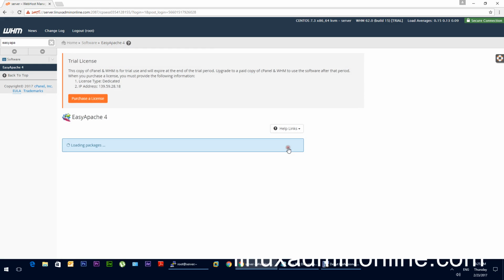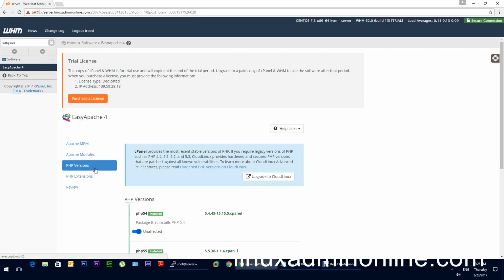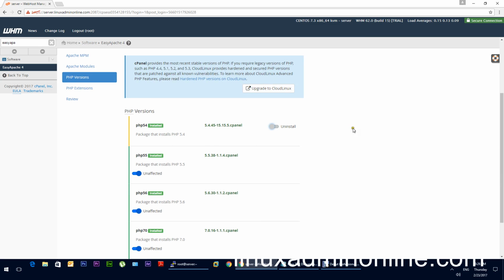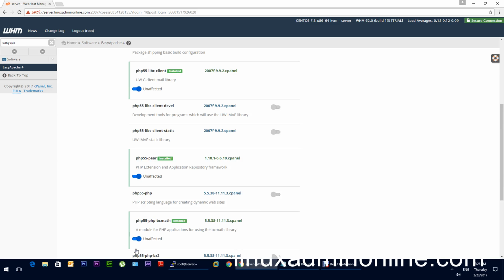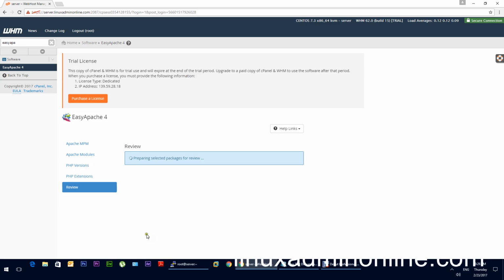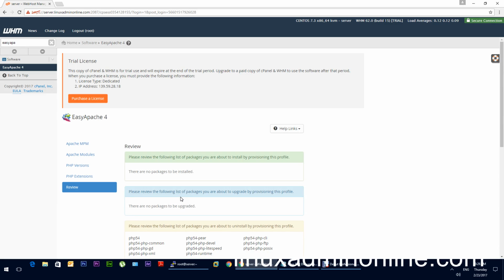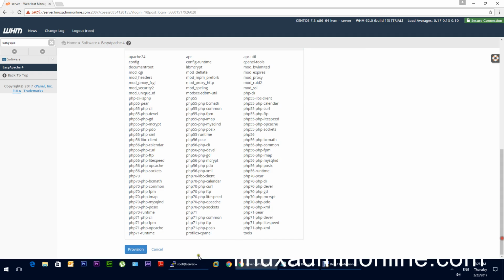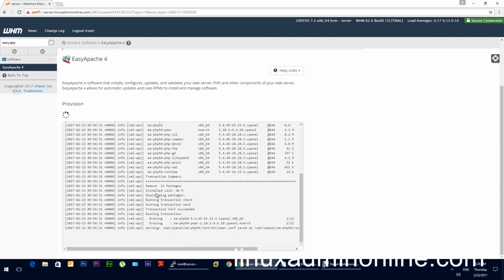Now I will show you how to uninstall things. Basically it is the reverse: I can go to PHP versions, select uninstall for PHP 5.4, then click on next, nothing here, next. There are no packages to be installed, PHP 5.4 needs to be uninstalled, and all the packages associated with PHP 5.4 will be selected automatically. There is no need to select them manually. I will click on provision, so it will uninstall PHP 5.4 from the server,